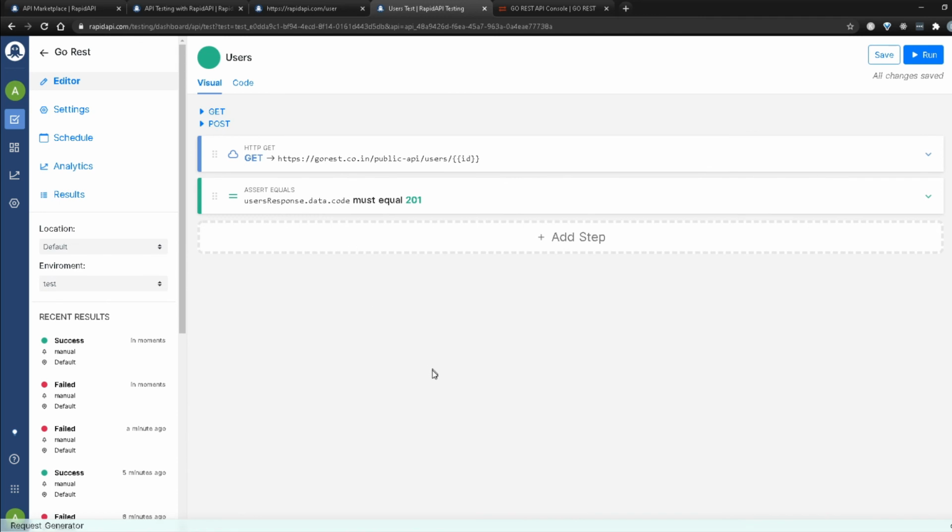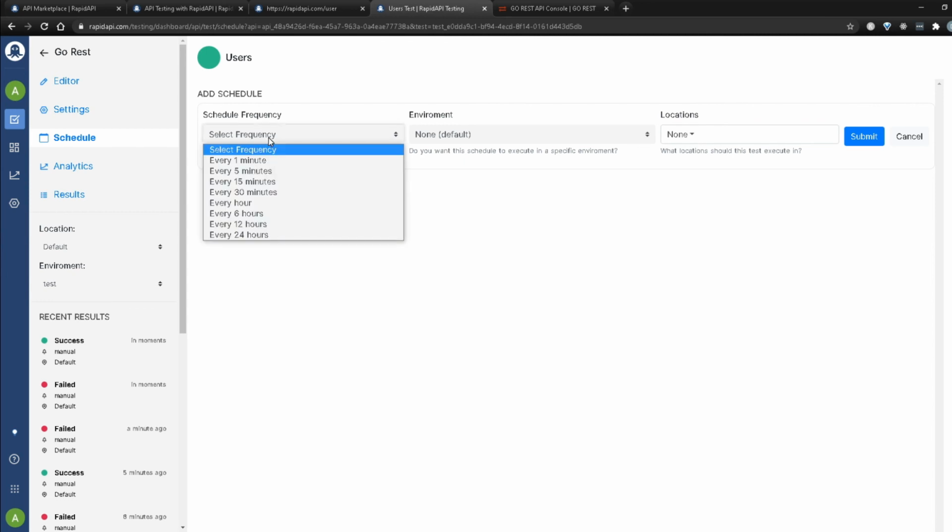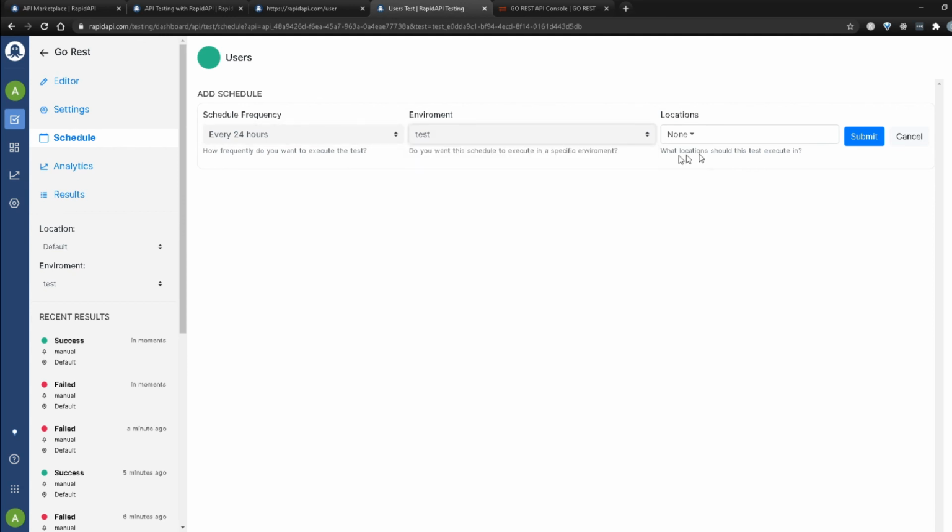And what we're going to do is move on to our next step, looking into what other options we can do with this. So I have an option to schedule my test. How that works is I can click on schedule and I can select the frequency. For example, I can say, hey, run my API test every minute or run it every 5 minutes. Or maybe if I want to run it nightly or every day, I can select every 24 hours and I can select the environment that I want to run in.